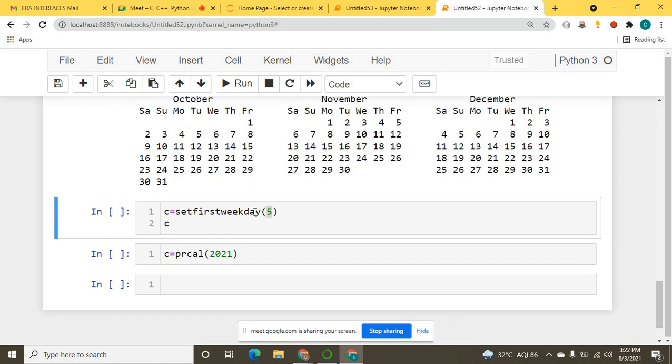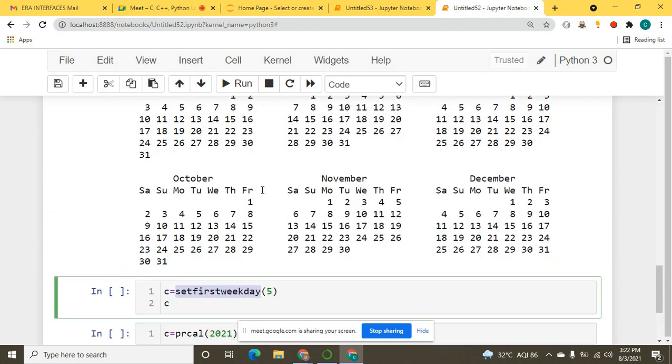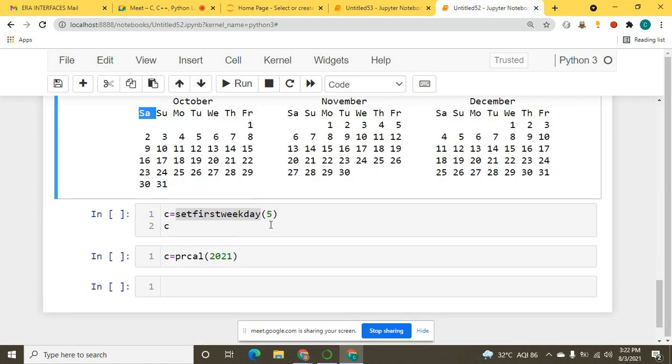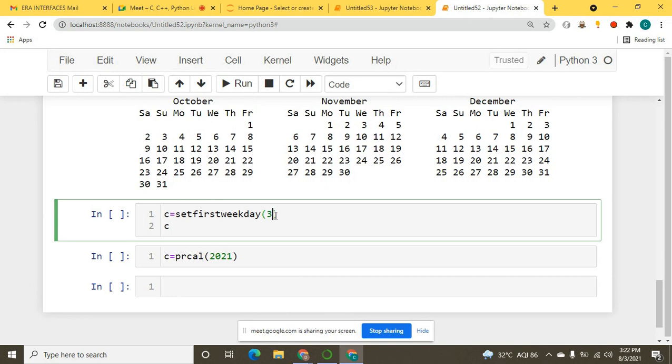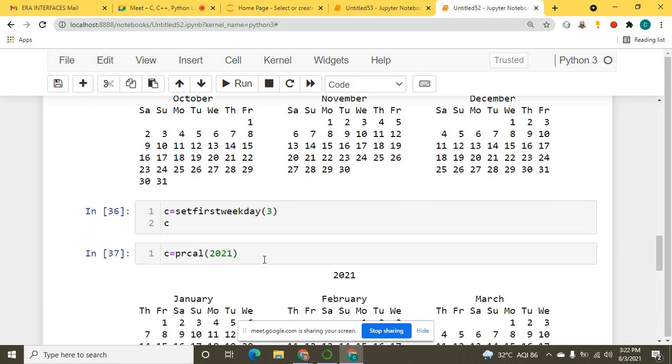Okay, so now I want to change the first weekday. It is automatically starting with Saturday. I want to change it. Let me say I want to change it so that Sunday, Monday, Tuesday, 0, 1, 2, 3 means it should start from minus 2, right? So let me execute it, and again I am executing my proper calendar. So you can see